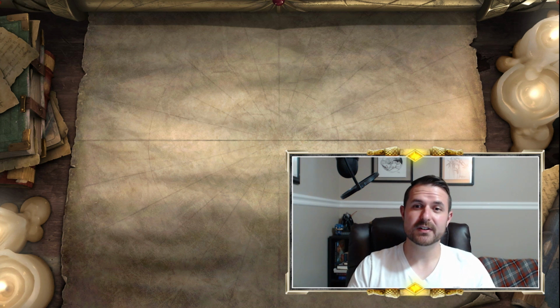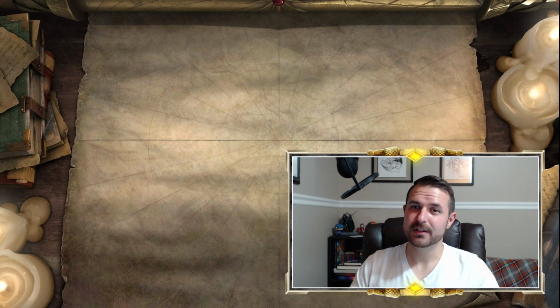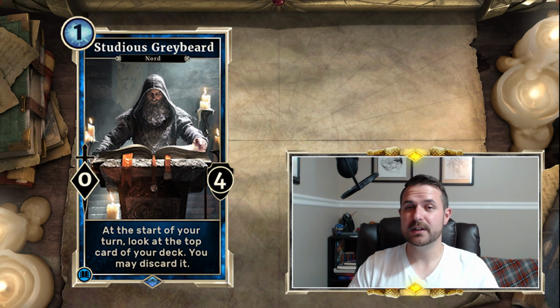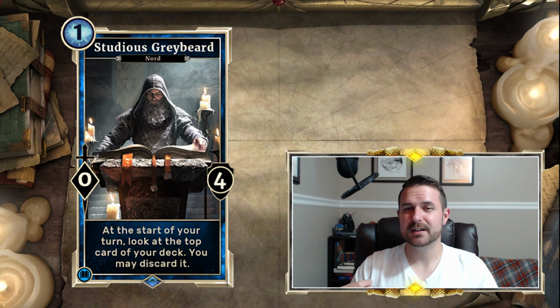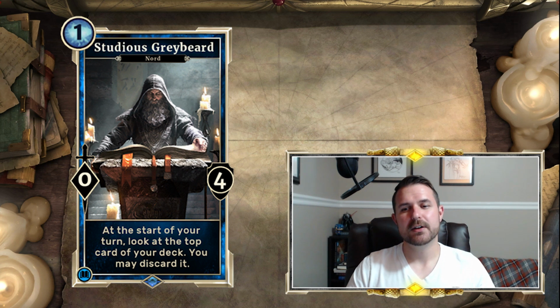Just revealed recently. This is a 1-cost Nord, but in intelligence. So we got smart Nords now. This is Studious Greybeard. Studious Greybeard is a 0/4, but has a really cool or unique effect. At the start of your turn, look at the top card of your deck. You may discard it. Now, it's unclear yet whether this occurs before or after your draw. Consensus right now seems to feel like it should occur before you draw,